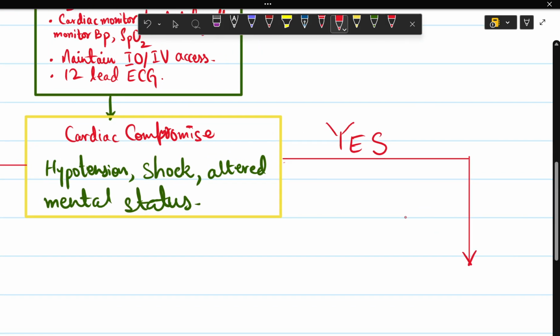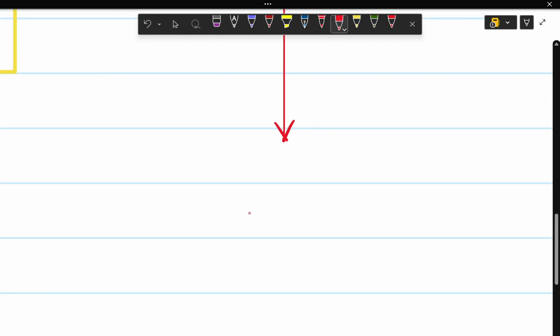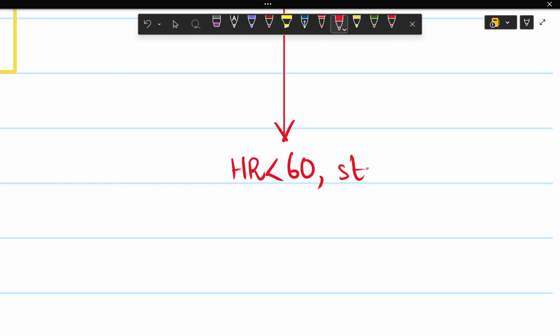You'll perform CPR if the heart rate falls below 60. Okay, 60 beats per minute. Start CPR. That's a step of advanced PALS protocol as well, right? Start CPR, NRP as well, neonatal resuscitation as well. So if heart rate falls below 60, that's the cutoff to start CPR. Okay,